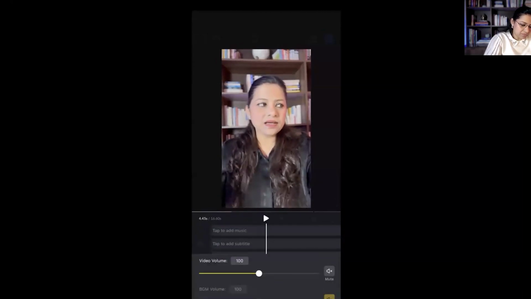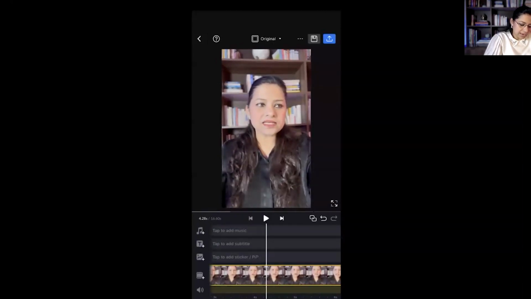Maybe my hook line is, and it will help me to widen. Can you see that the entire scale is either widening or coming down? So depending on how minutely you have to edit, you can simply pinch your fingers, and with the fingers you can increase the scale, you can also decrease the scale.